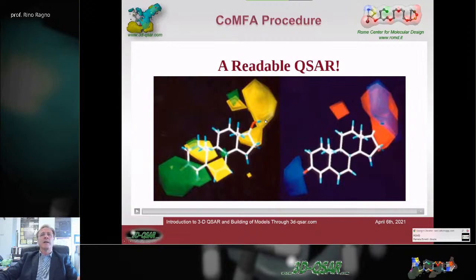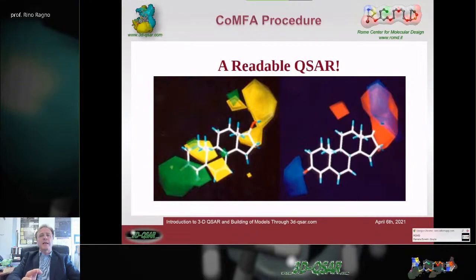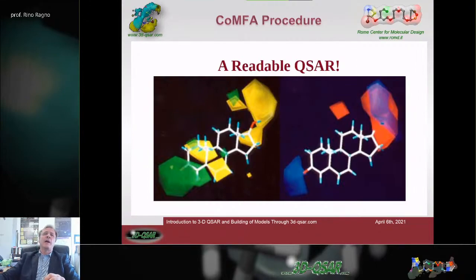The very nice introduction from classical QSAR, from Hansch and Free-Wilson, to 3D QSAR and nD QSARs, was that you can read QSARs by looking at the coefficients and their derivatives around the molecules